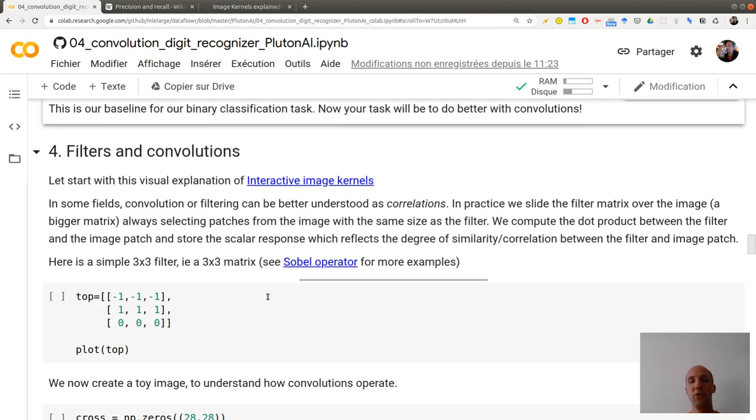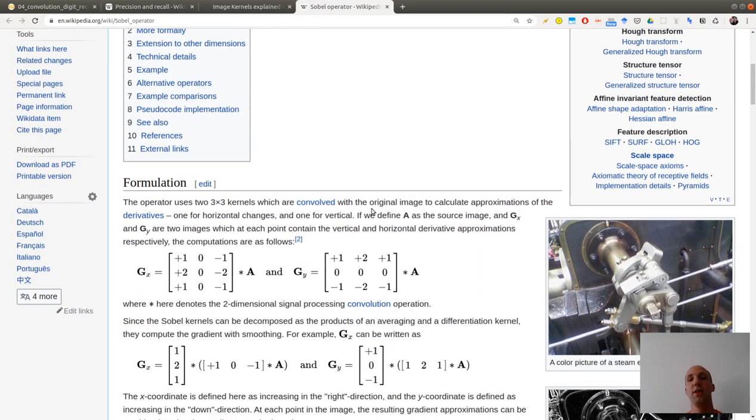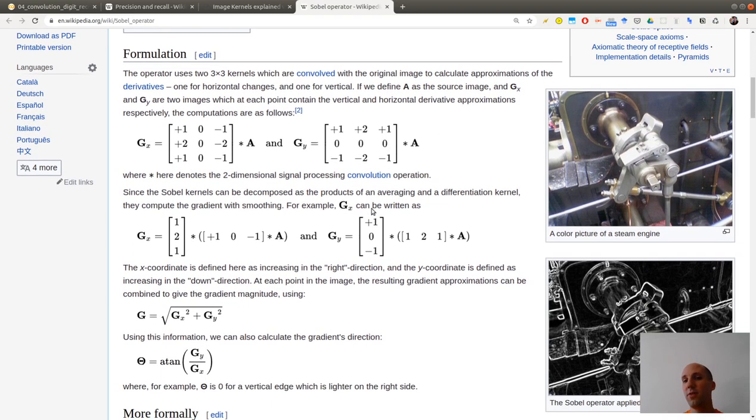So now, how to choose kernels, so the coefficients in your small matrix. You can have a look at, for example, Sobel operators. There are people in signal processing working on how to build efficient kernels for a given task. Most of the time what you want to do in computer vision is, for example, highlighting the contours, like here. So here is one example where you are applying what is called a Sobel operator to this image, and you see that it highlights in white all the contours, the straight lines of the image above.